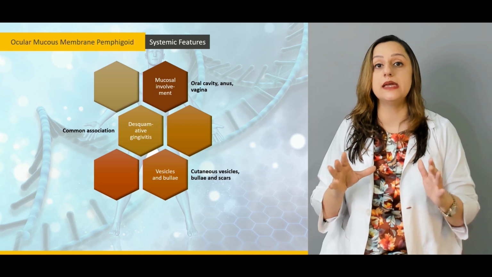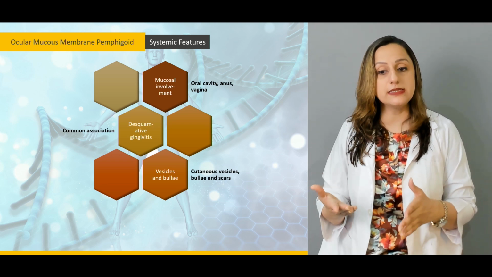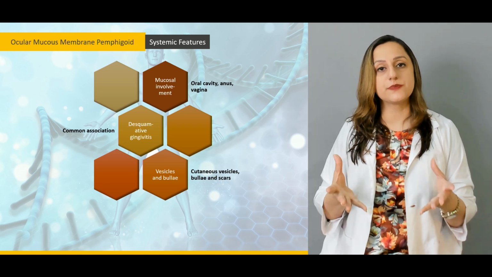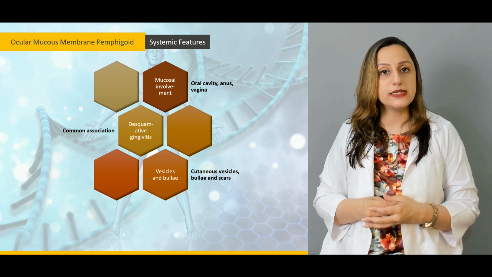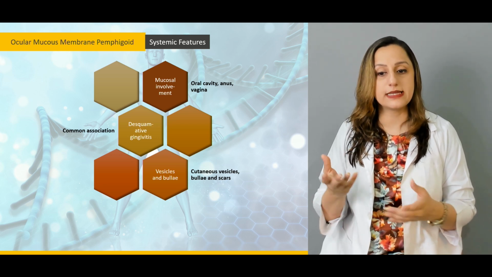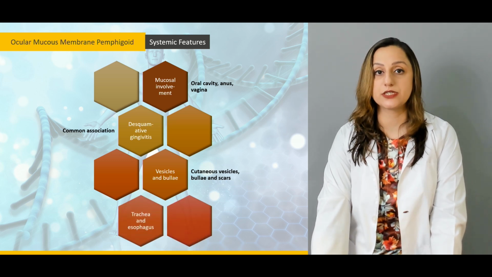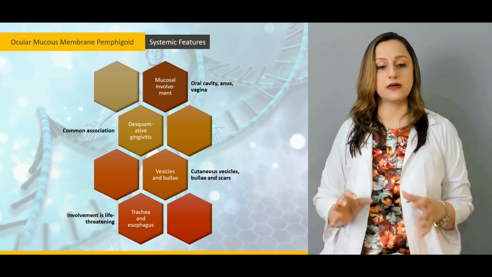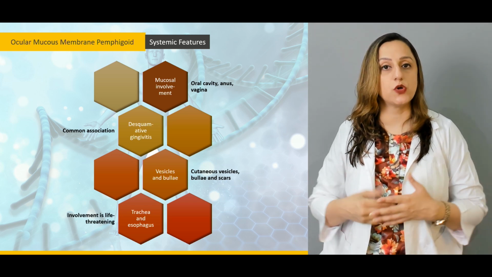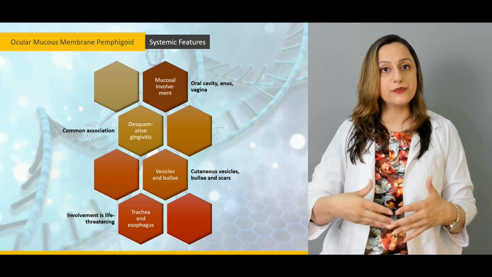So these can be the different sites on which we can find the bullas and the vesicles. And after these bullas and vesicles rupture, they're going to form these particular scarring phenomena that can also be seen, and they can also be clinically manifested over here. The trachea and esophagus is sometimes also involved along with all of these external features, relating the mucous membranes, relating